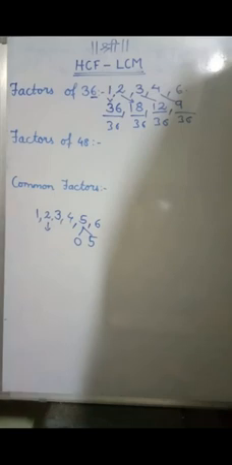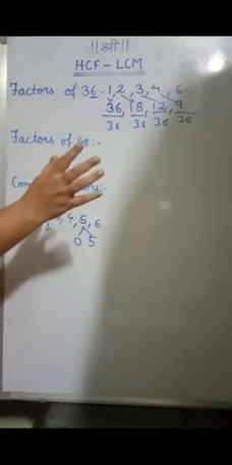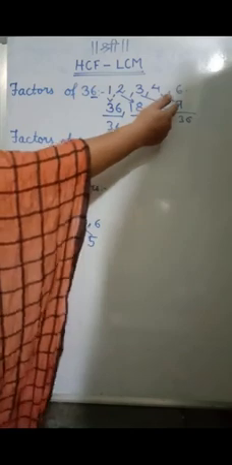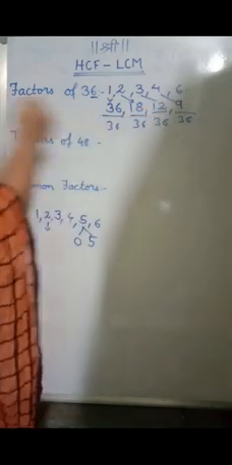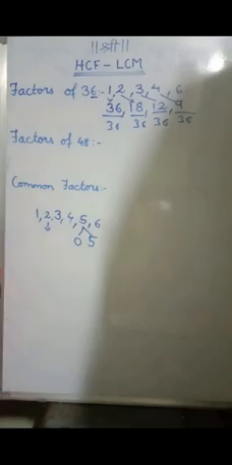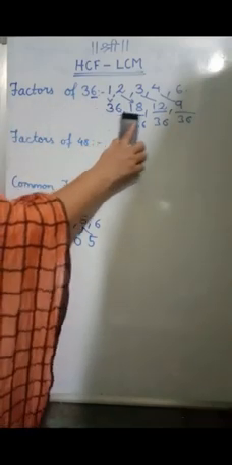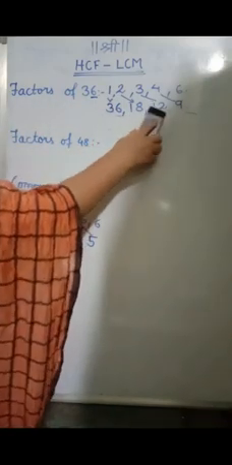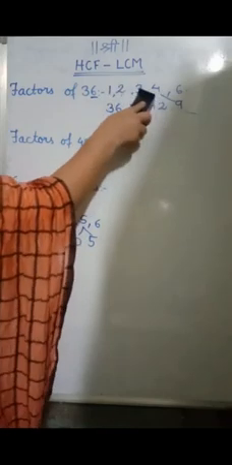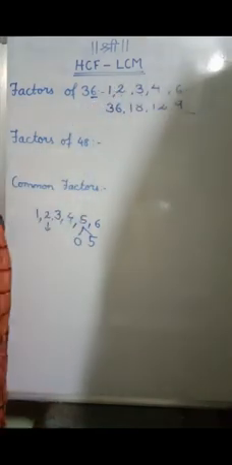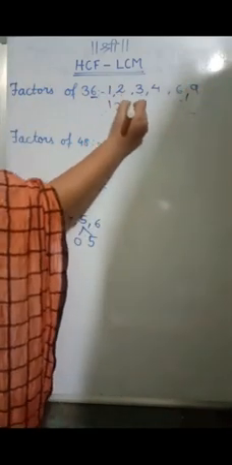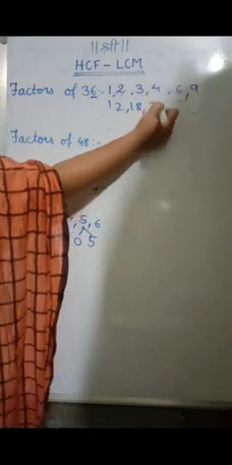Now if you want you can check. 7 no. 8 no. Then after that all the numbers I have written down. So this way are the factors of 36. Okay. So what are the factors of 36? Yes. 1, 2, 3, 4, 6, 9. Okay. Then 12, 18 and 36.